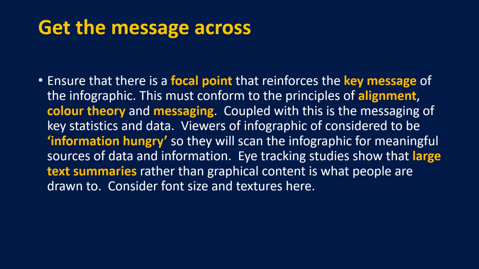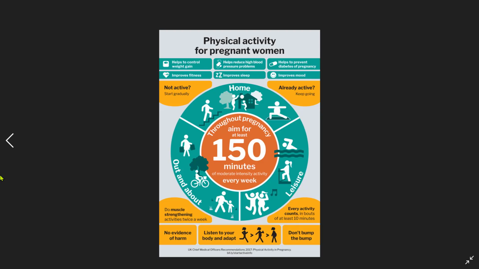So let's have a look at getting the message across using focal points in our examples. So this is a really obvious one. So this is an inside out. So here you can see that the focal point has been achieved in two ways. Firstly, it's been achieved by using the largest font. And secondly, it's been achieved by having a very different colour to everything else that's in there. So it's the only part of the infographic that is in this browny orange, but it's got that very large font. So in other words, it's telling you what the focal point is: throughout pregnancy,